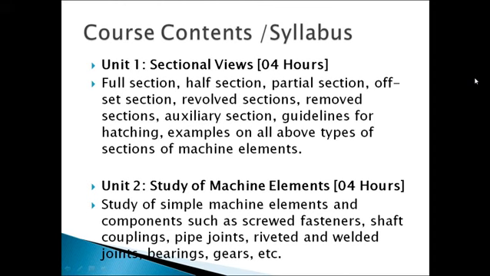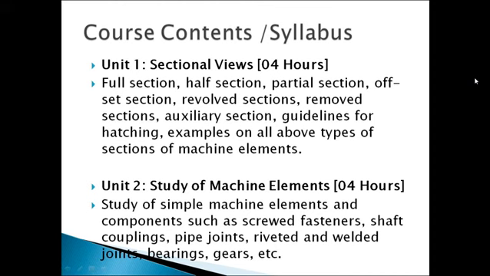When a drawing is not symmetric, we will take a full section. When a drawing is symmetric, we will show a half section. And what are the conventions and symbols we are going to use to show these sections? There may be some method of showing a section in the front view, top view, or side view, and that may require showing hatching lines. So we will see that when we learn sectional views.